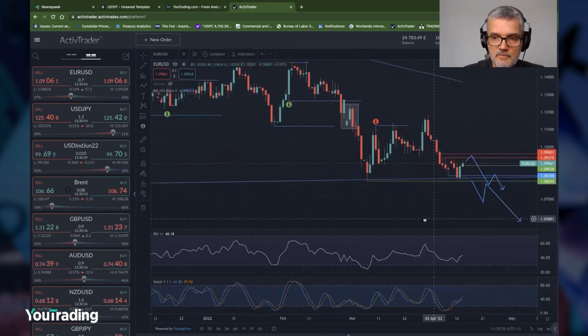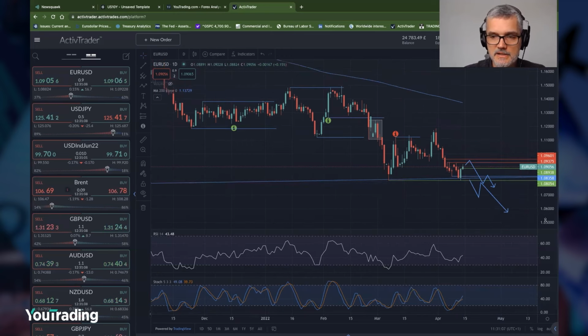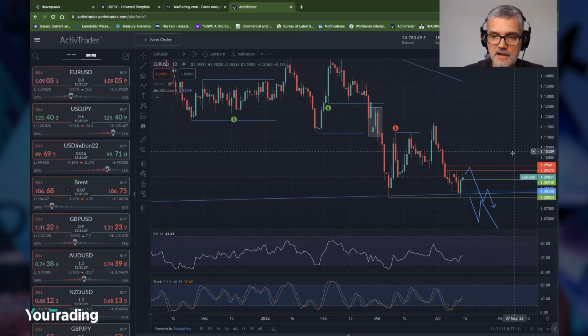So it all stems from what happens post the ECB press conference. Then we have to take into consideration that tomorrow is going to be a bank holiday, and Monday's going to be low liquidity as well. So come Tuesday, that's when I'll be looking to revisit this chart and see what actually happened today after the ECB press conference. Did we take the liquidity? Did we find resistance at the low of April the 4th? Did we come back into the range from yesterday? Did we take out yesterday's low? All those questions need to be answered.